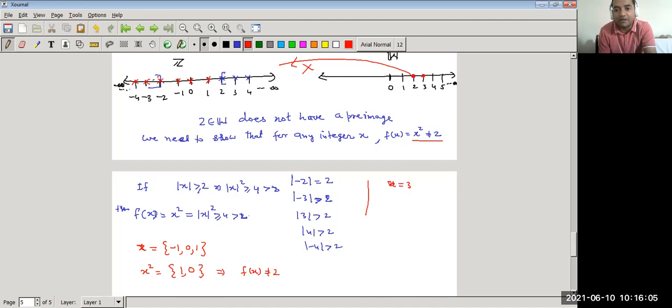3, or we can take y equal to 3, because x we are taking in the domain, y in the codomain. y equal to 3 belongs to W, then corresponding to this y we are not able to find any x in the domain Z. So in this case, what will we do? We need to find a number whose square, f of x is equal to x square, that is not equal to 3. There is no such integer whose square is equal to 3.